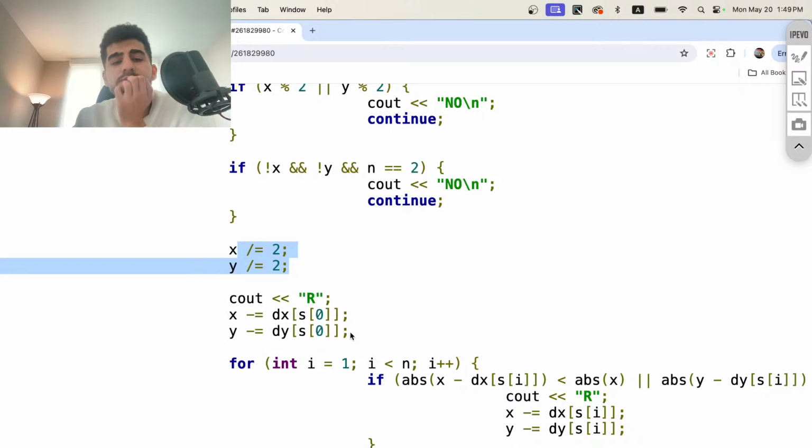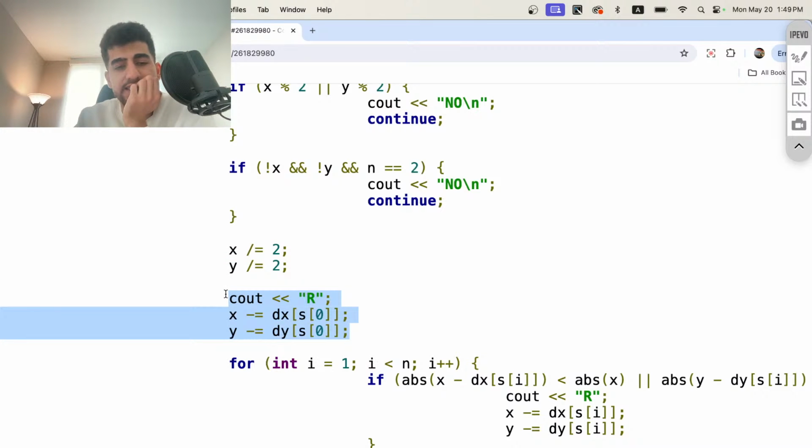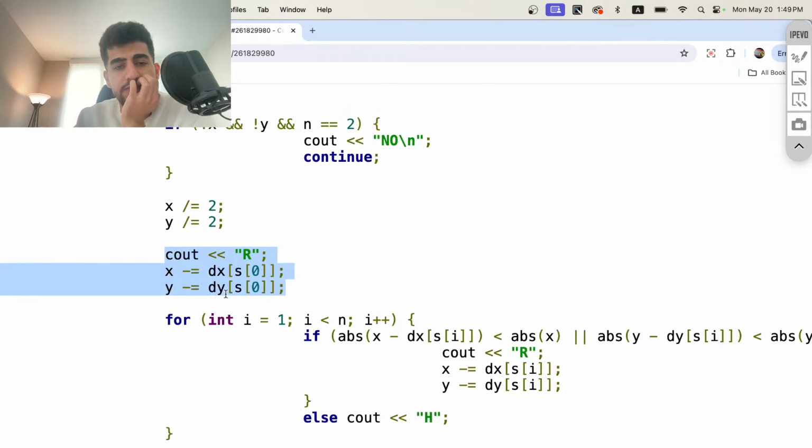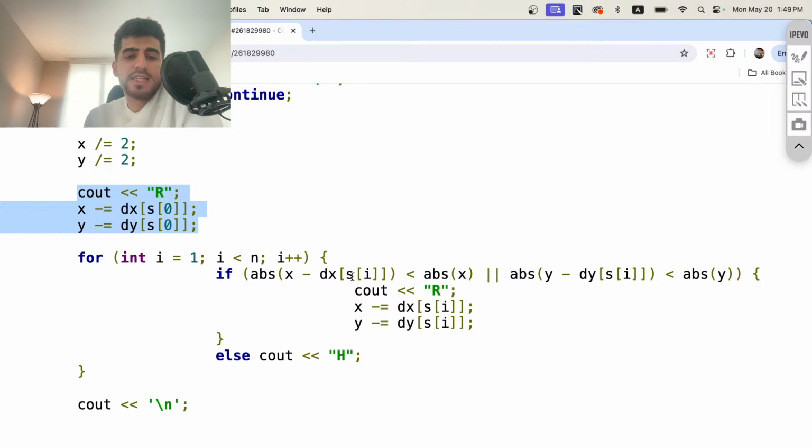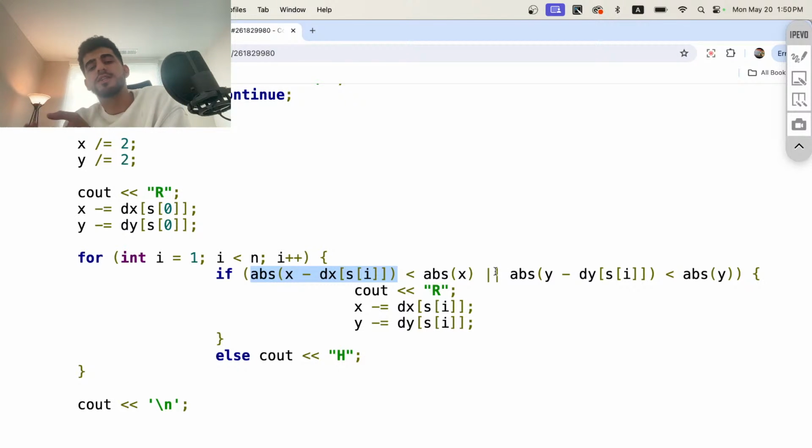And now I will explain this part as well in a second. But for now, let's just talk about this. I'm just saying that I have a 4, and I'm just saying that if ABS of x minus dx of i was less than ABS of x, or this, it means that if at least in one direction it was making us closer to our goal, just take it for the robot